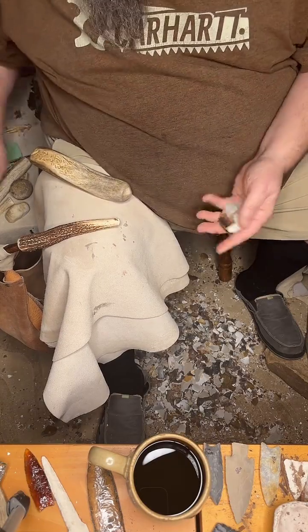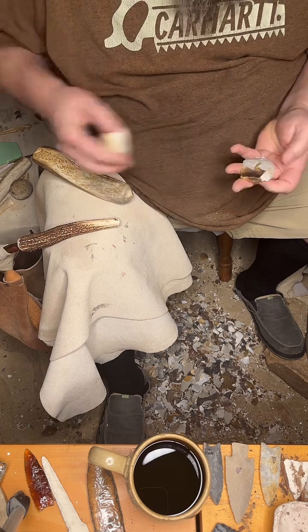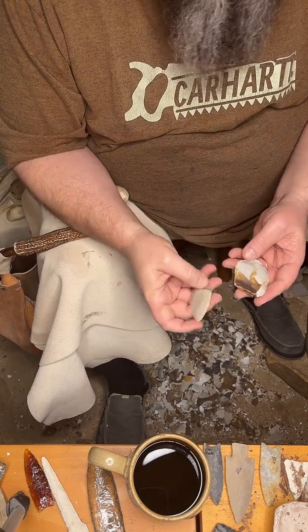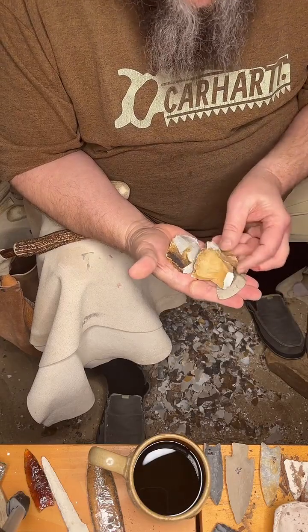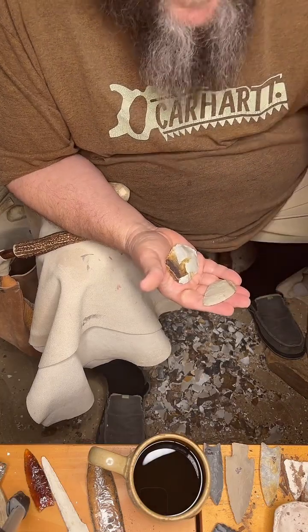All right. Now what I'm trying to do, or attempting to do, with this set of all these different sizes, I'm going to try to make a set of what I'd call cache blades. So I'm going to make all of these blades be as close and as similar as that first one that I made. So out of all these clunky pieces of rock, if I'm able to get,